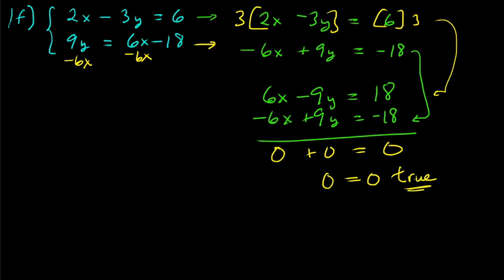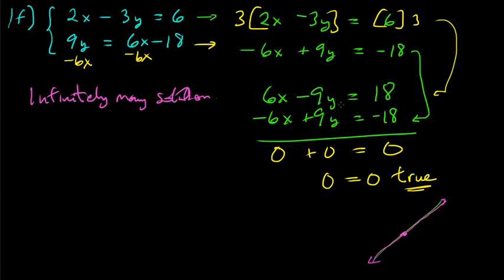So that's a different conclusion. When you get two numbers that are equal, that means that it's essentially the same line. If you draw the line for the first equation, and then for the bottom equation, you're drawing the same line. So every point on that line is a solution. This has infinitely many solutions. Okay, so we can't list them all. However, given an x, we can certainly find y. So the solutions are,